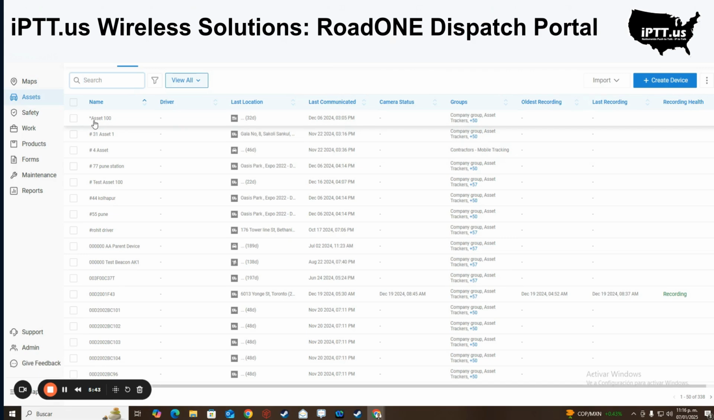In here, you can see the asset name, the driver that's been assigned to, the last location, last communication, camera status, the groups that this device or camera belongs to, the oldest recording, meaning how far back you can go in time to see recordings, and the last recording, and of course the recording health, to make sure that your devices are recording. If it's not recording, it will show no recording, and that's when you need to address a ticket